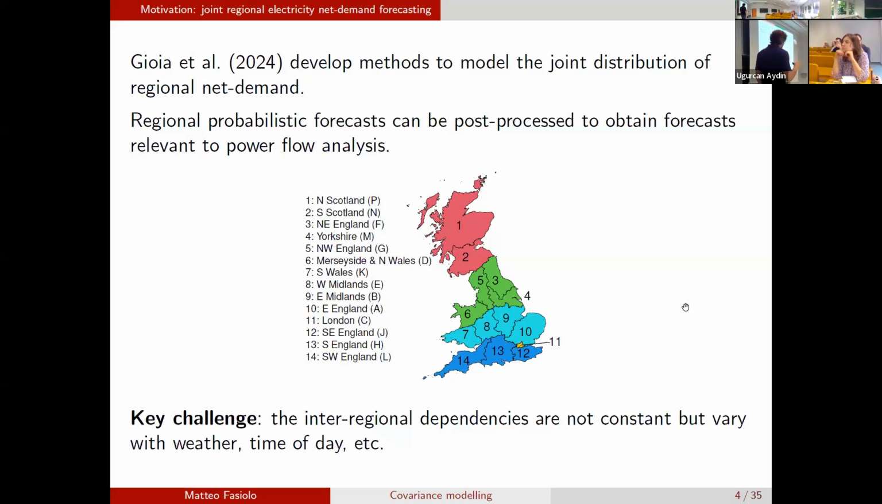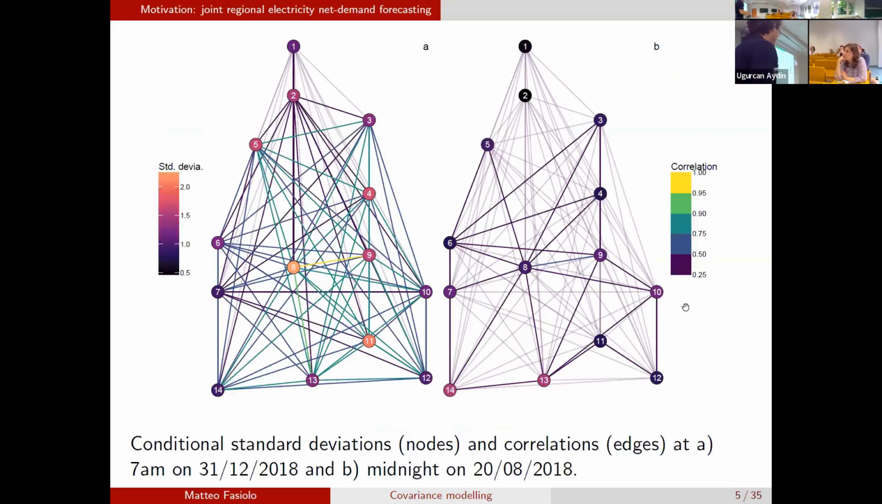Okay. Now the key challenge that we focused on when doing this is the fact that the dependencies or the correlation across the regions are not constant, but depend on many factors such as weather, the time of day, the day of the year, and so on. Okay, so here, just to show you that the correlation and covariance of demand is not constant, I'm showing you,